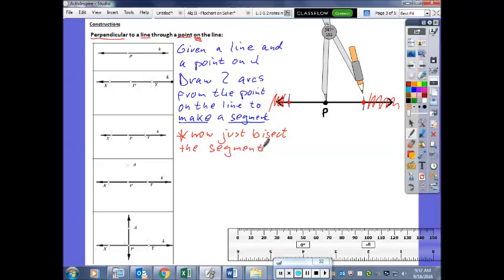Remember how we did that? We take our compass and go to each one of the endpoints. Now we have to make sure that we adjust our width, that we make it a little wider beyond the midpoint, right? And we're going to draw an arc above the midpoint and an arc